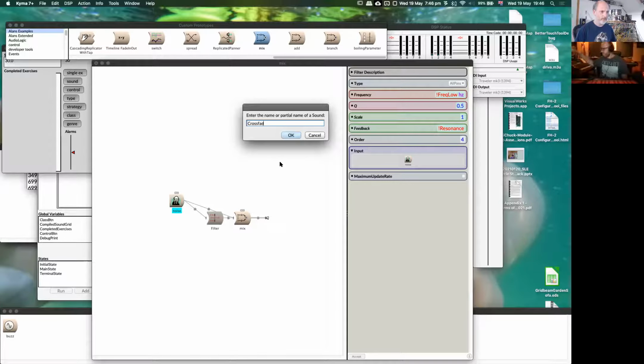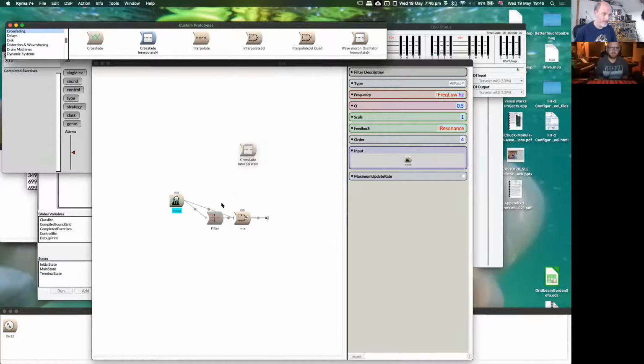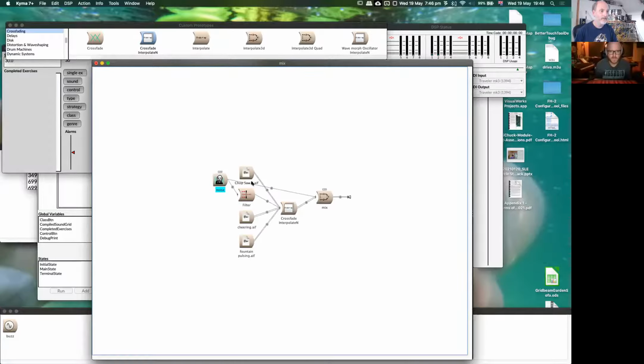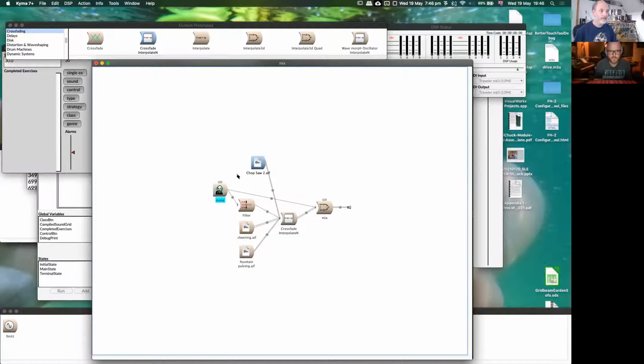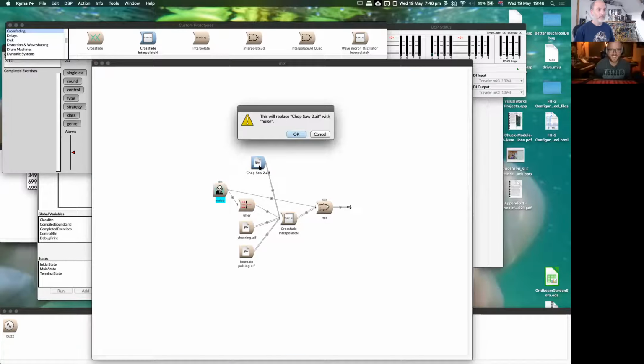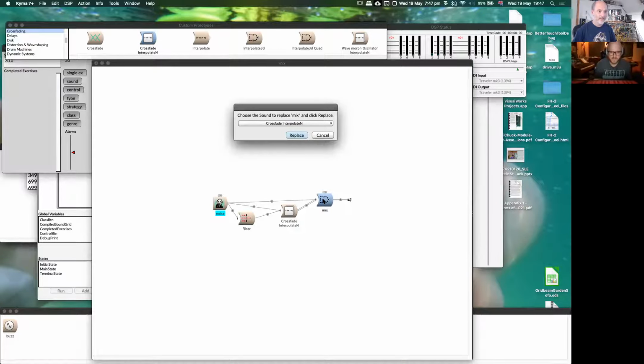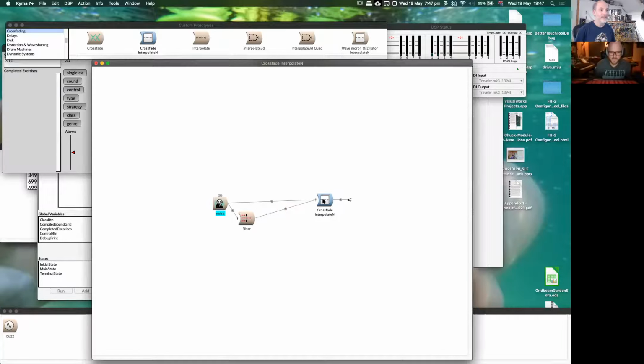What's it called? Crossfade interpolate N. There you go, I like that better. Let's try. Now we have to drag that on the line, not the plus. Okay, now this one comes with a few things that we don't want. So we're going to replace that chop saw with the noise just by copying and pasting over it, and then delete these by pressing delete or backspace. Actually, we don't need the mixer anymore, so we'll replace that with the crossfader.